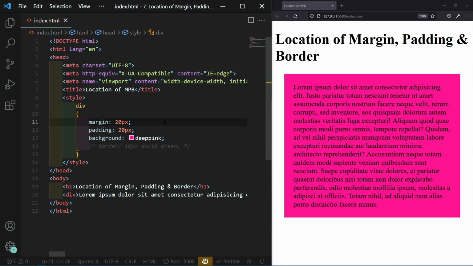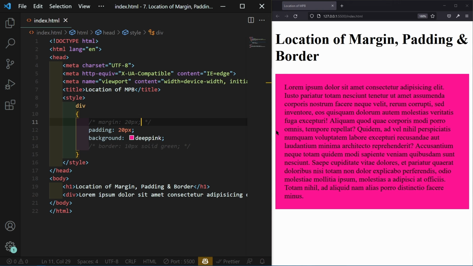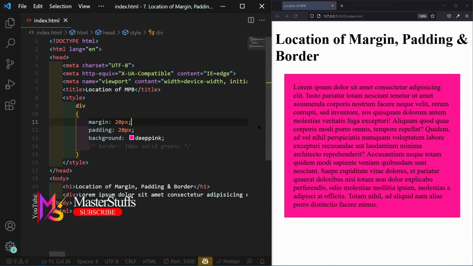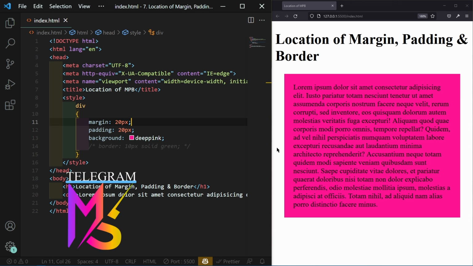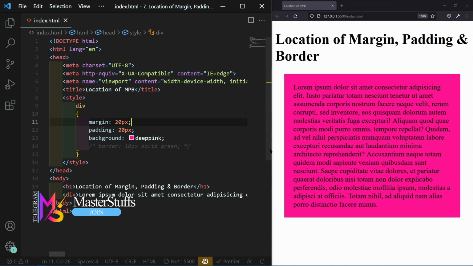Let's see this again. Let's comment out the margin and save this. As you can see here, there is no margin on the div element. If I take a margin, I just comment it in and save this. As you can see here, 20 pixels of margin are created at the top, left, bottom and right, everywhere.